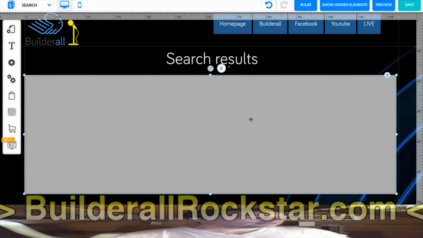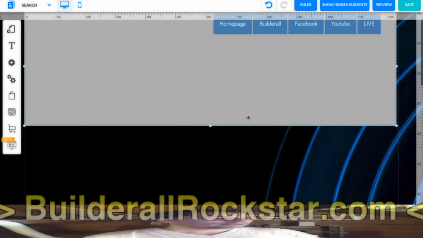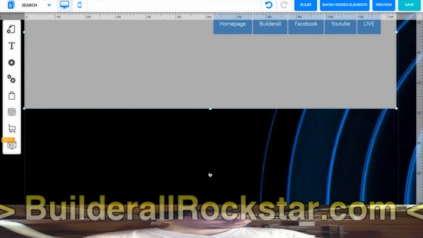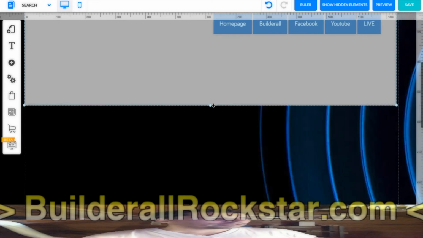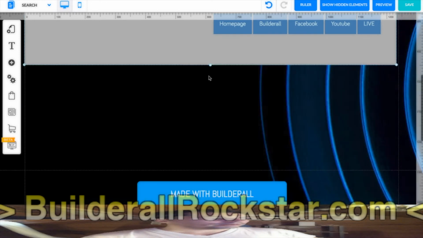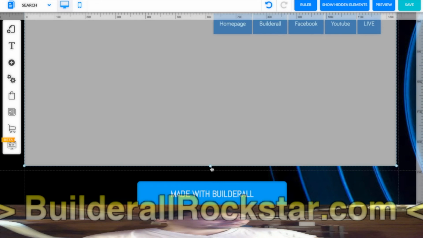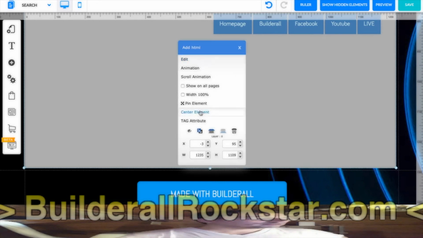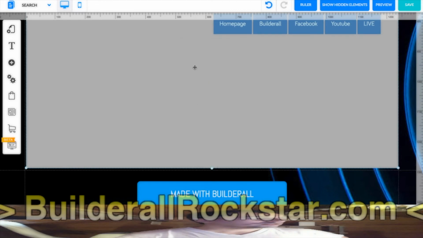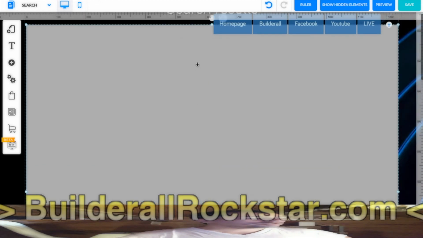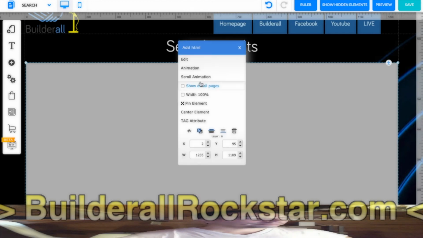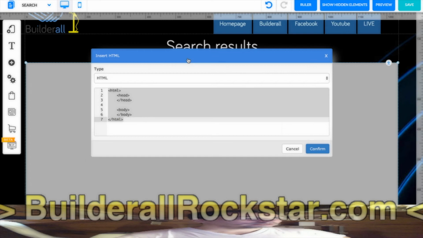Okay, and then we go down and we make it taller like this. We take this and go down, after go down until the end. Okay, fine. And center. Okay, and now we need to put the code of Google. So edit, and here we will put the code after the body.